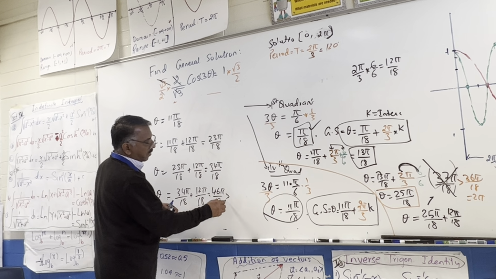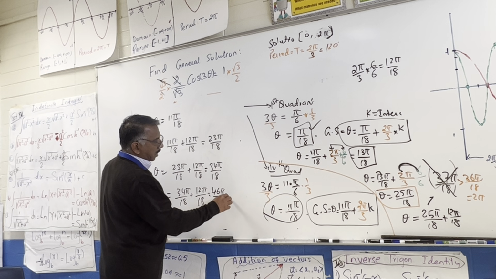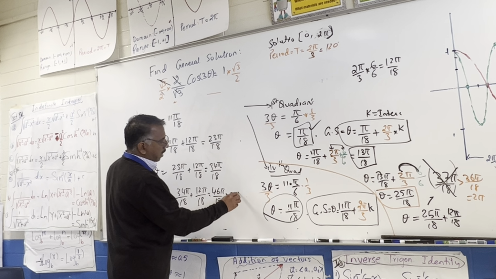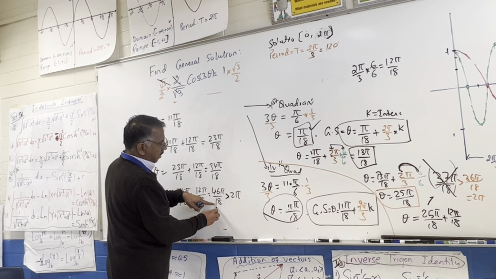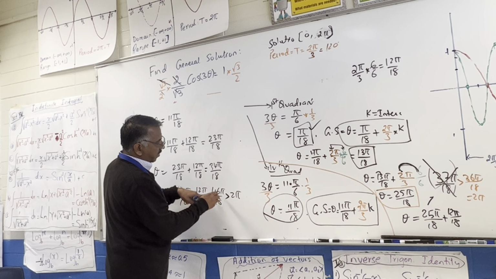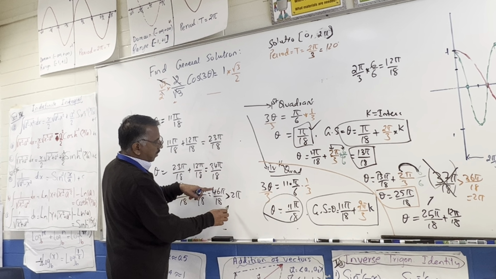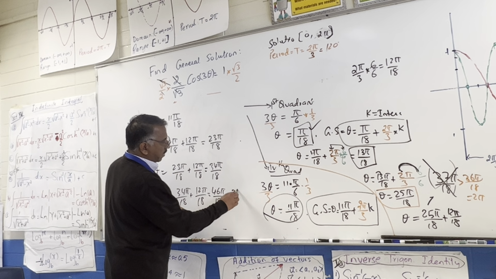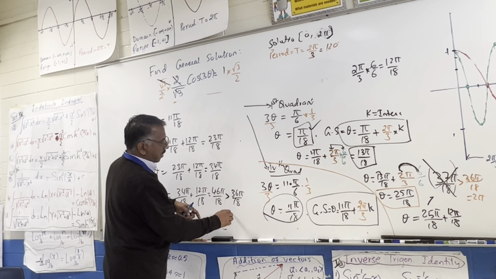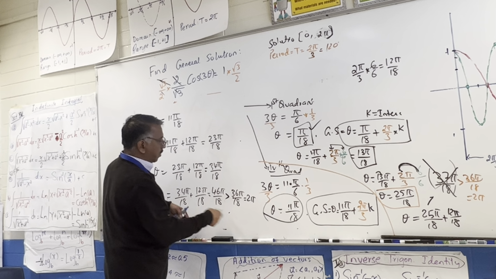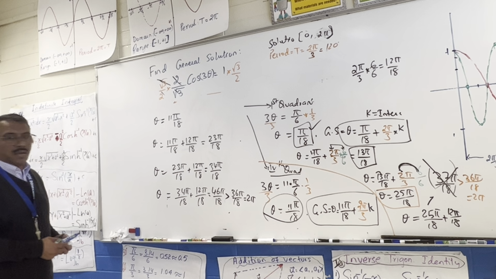And you can say this is greater than 2 pi, because 2 times 18 is 36. So this is greater than 36 pi over 18, which is 2 pi. So you have to have an answer which is,